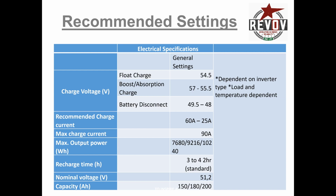What's it, a padding or a buffer? Thank you, a buffer, so that you can absorb little spikes from the